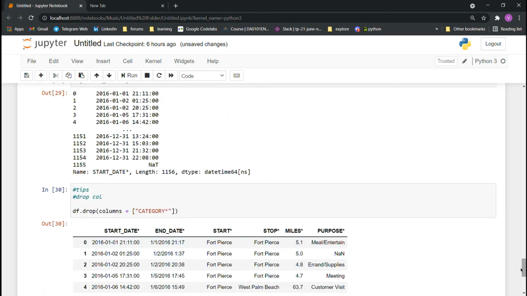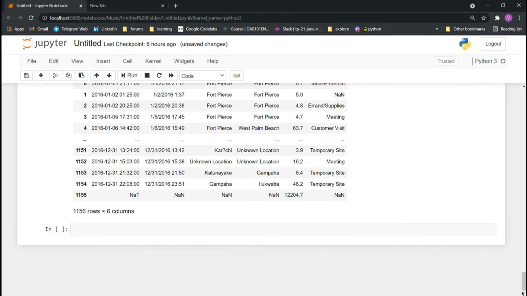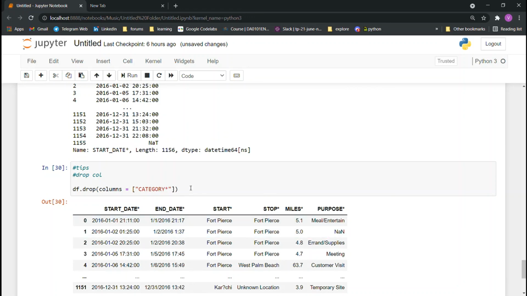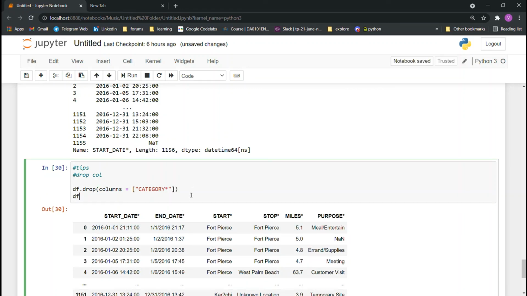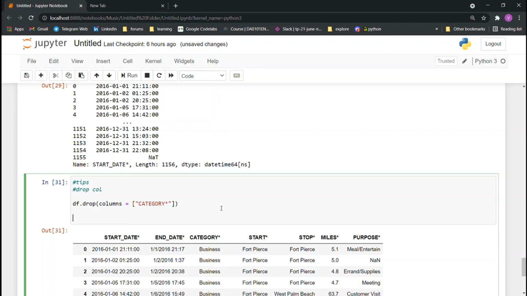You can see it drops the category column, and you can check here df, okay, there is a category, so it will not drop until we set inplace equals true. It will drop permanently when we enter inplace equals true. So be sure before dropping columns.